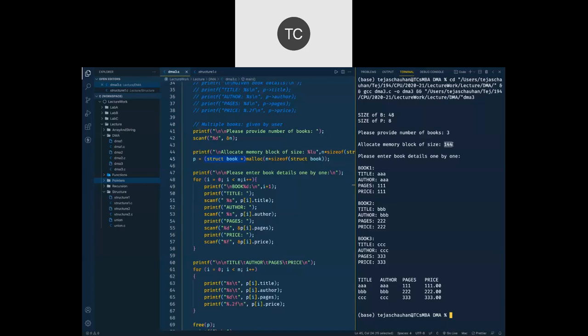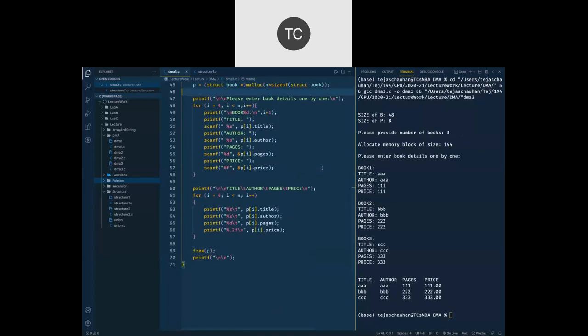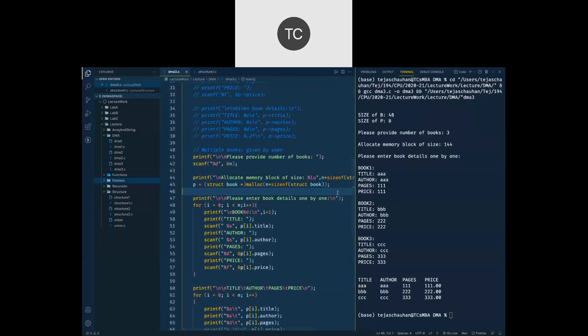So using P we are going to access that memory, right? So that's what the dynamic memory allocation for structure.